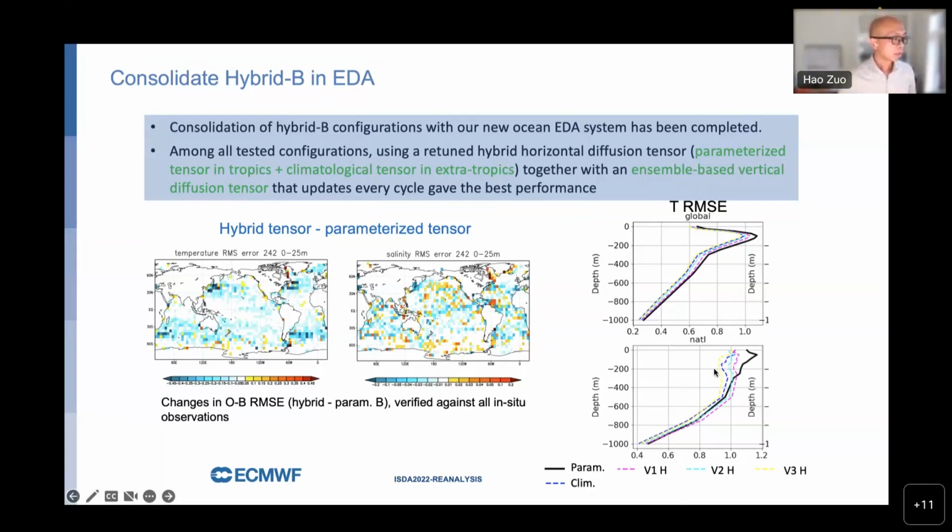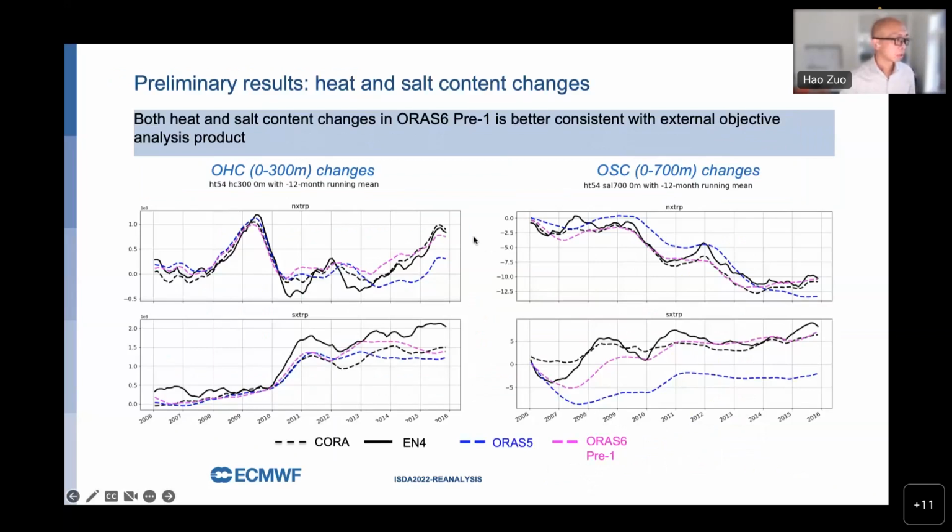And then we look at larger scale climate signals, for example, the heat content and salt content change. So the plot on the left panel is the ocean heat content in the upper 300 meters, and it's simply the trend over the last about 10 years from 2006 to 2016. So the two black lines are derived from two different objective analyses based on observation. One is the CORA from the Copernicus service, one is the EN4 from the Met Office. So the difference between them gives you some kind of uncertainty of how the objective analysis sees the ocean heat